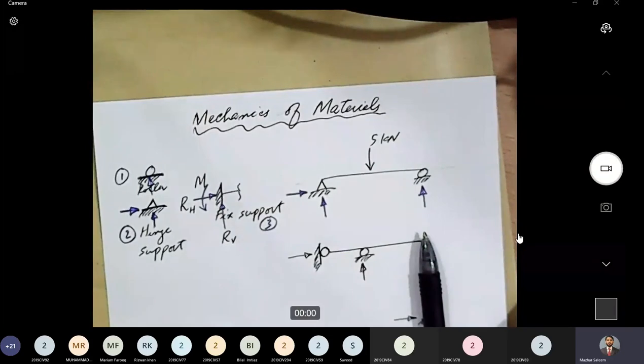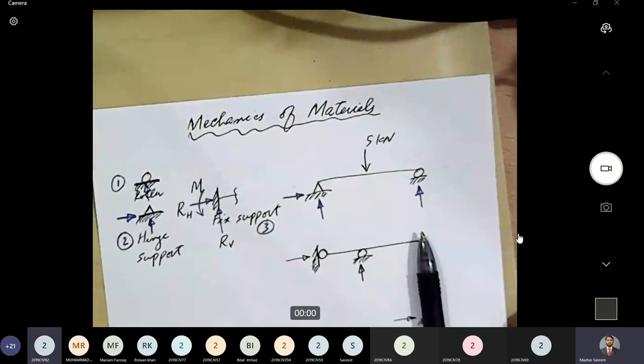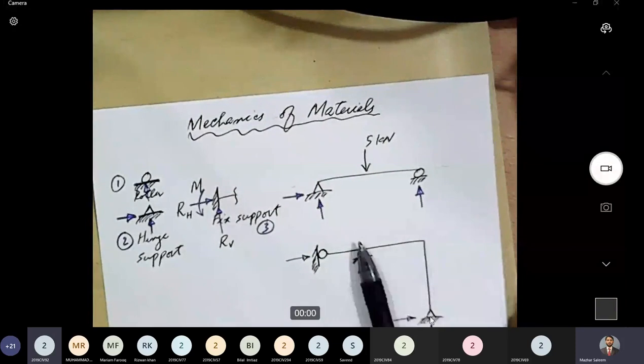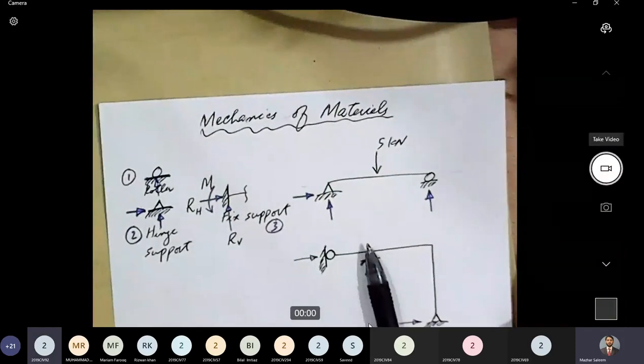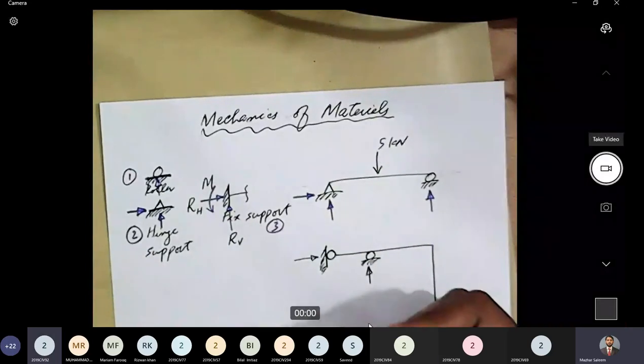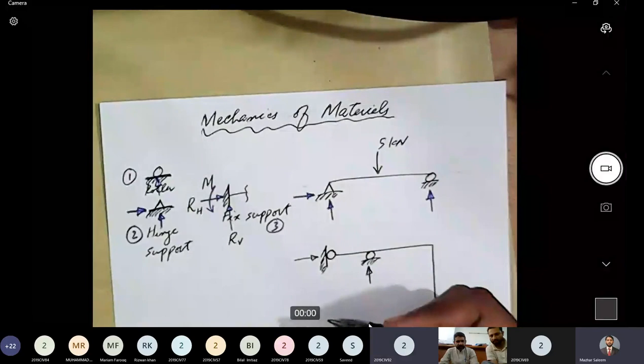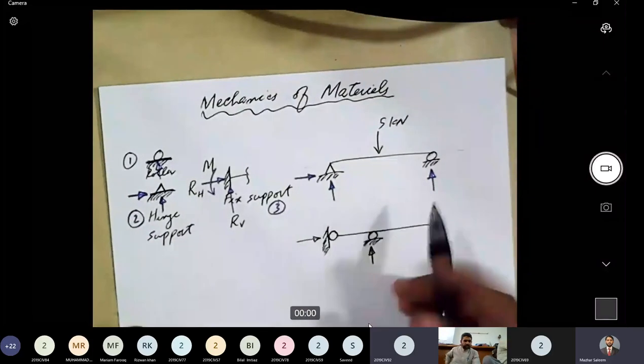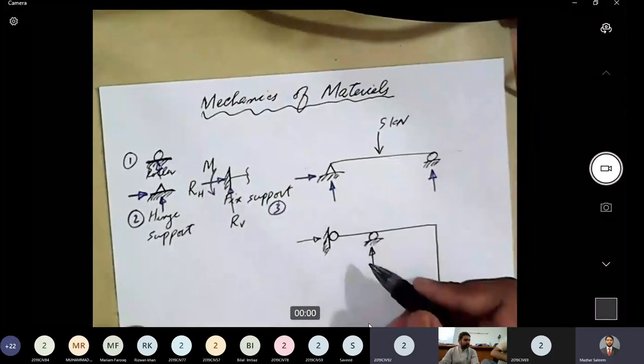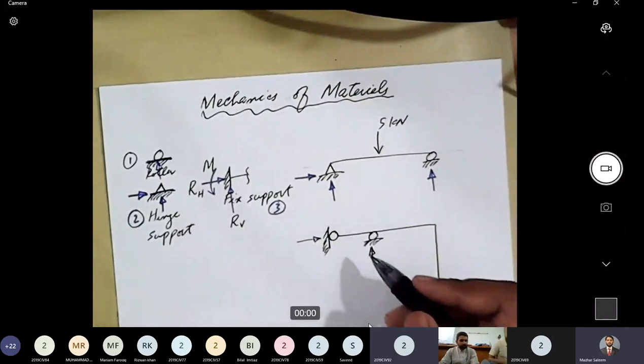Registration number 92. Are you clear about these three types of supports? So what is a fixed support? Sir, fixed support has three reactions: horizontal, vertical, and rotational. Roller support? Roller support has only one reaction, either vertical or horizontal, depending on the condition. Okay, depending upon what condition? Sir, if it is horizontal to the beam or column, the reaction will be on the